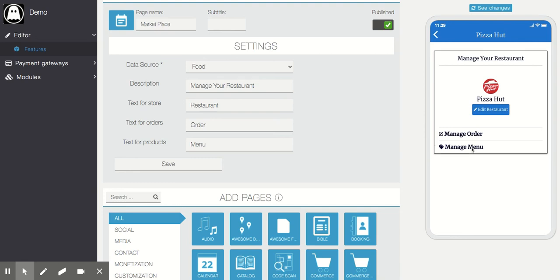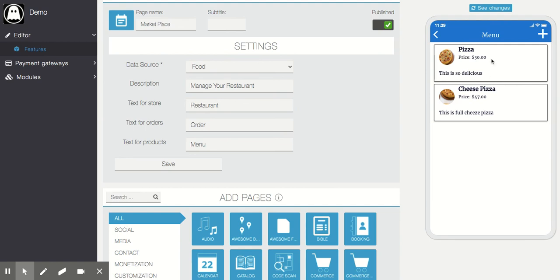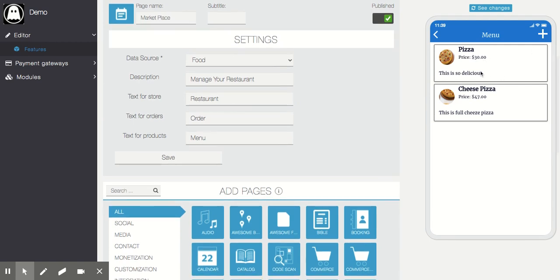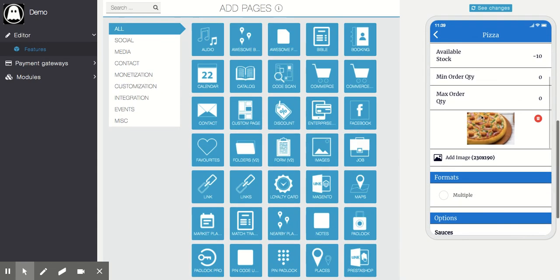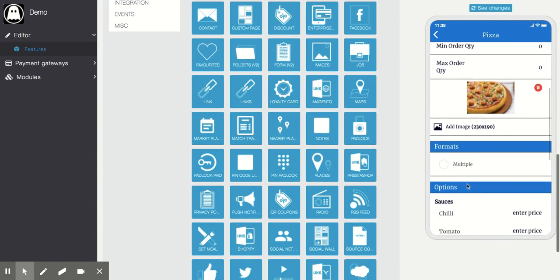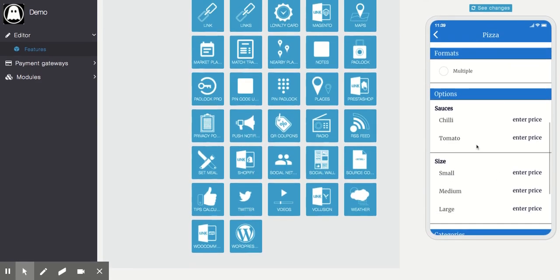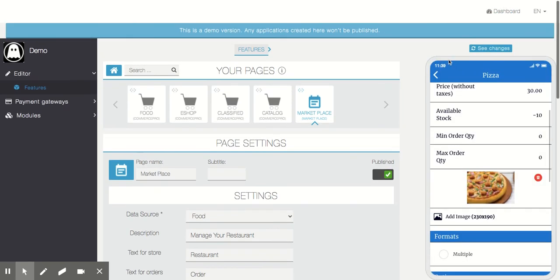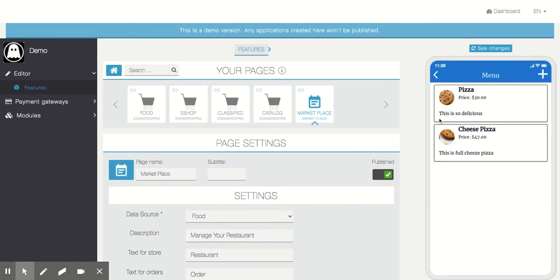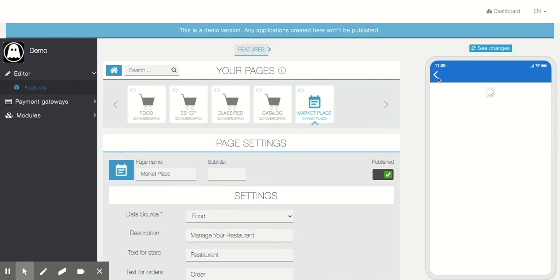Like you can see, manage orders and manage menu here. You can edit products or add by clicking here. You can select add image from here, enter the options that you want to select, and change the categories. Everything that you can do from the Commerce Pro feature editor, you are allowed to do from here also.